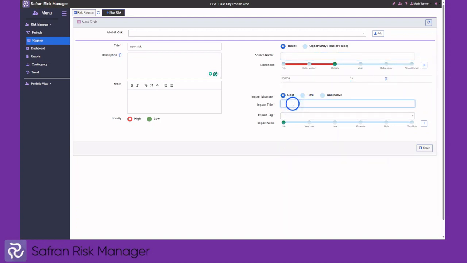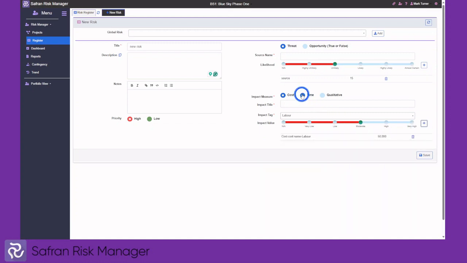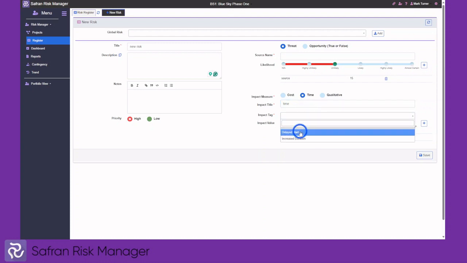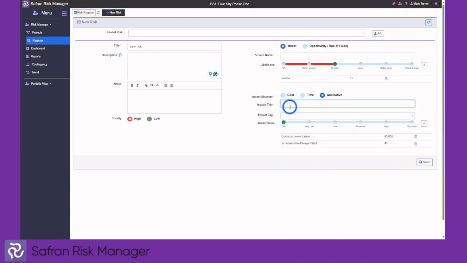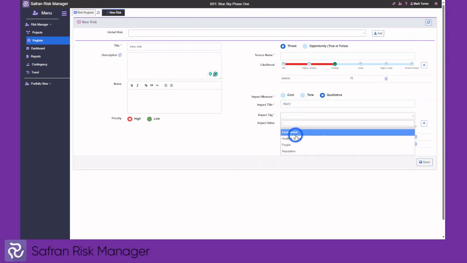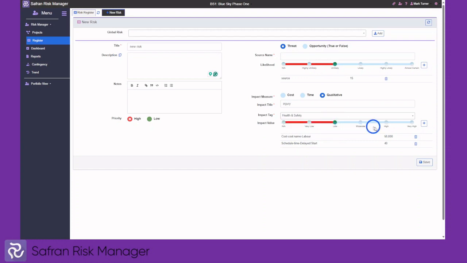You can also give it a cost, so we would be giving it a cost name and the impact tab, and give it an assessment, and we can also create a time, give it an assessment, and we can also assess a qualitative. So if we say this is injury, that is a health and safety hazard, and we can assess that with a value. When we press save,